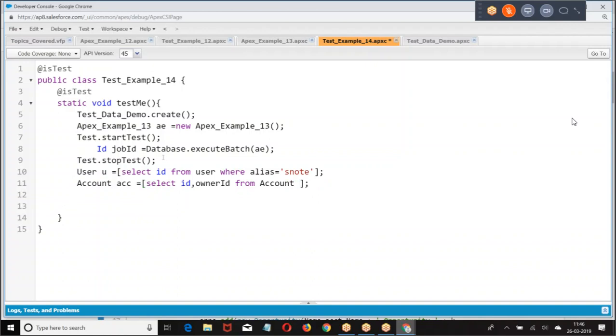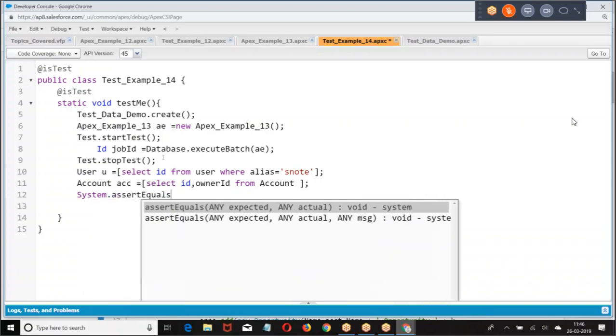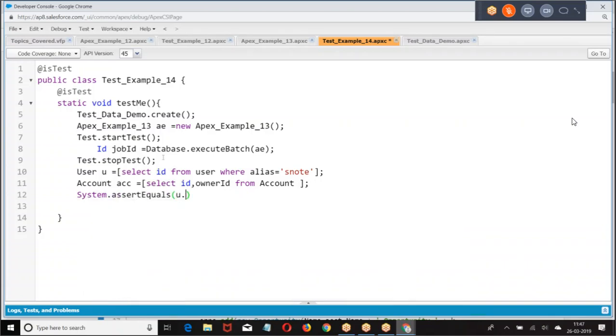Then check whether the owner is updated. Is that all right? Now, after calling the batch Apex, what will happen? Now, check out the logic.